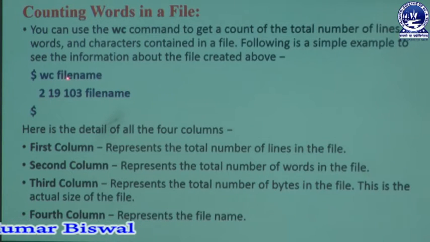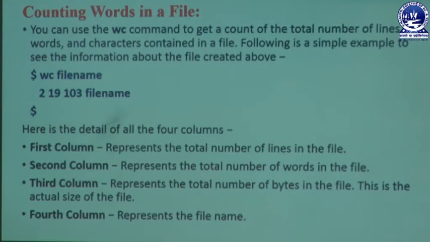Whenever the user types that, the statements present in that file are counted, giving the number of lines, words and bytes, like 2, 19, 103 for the file.